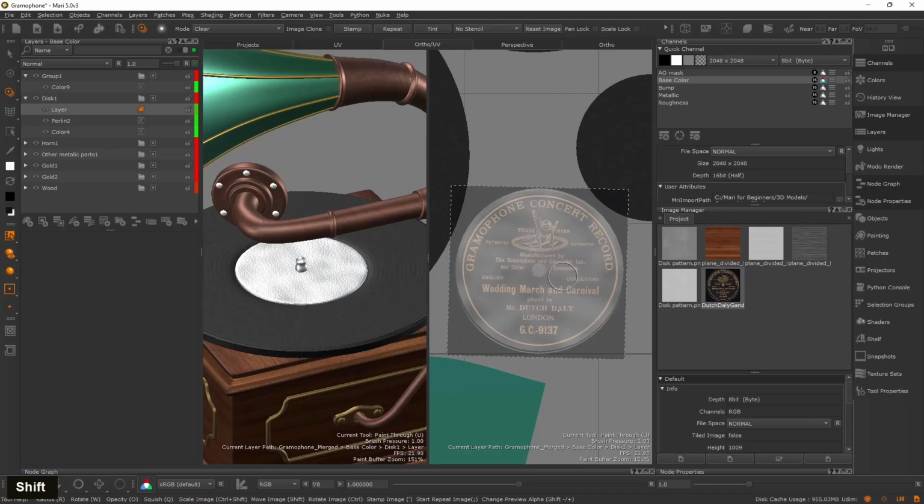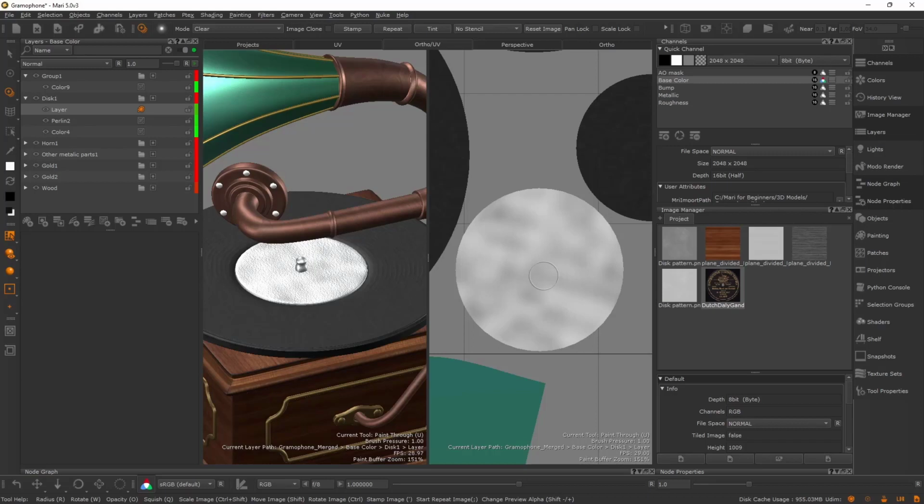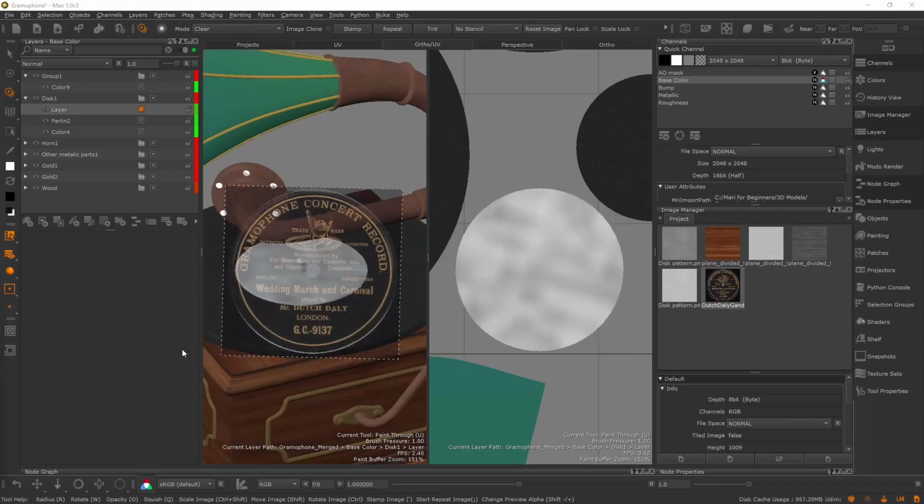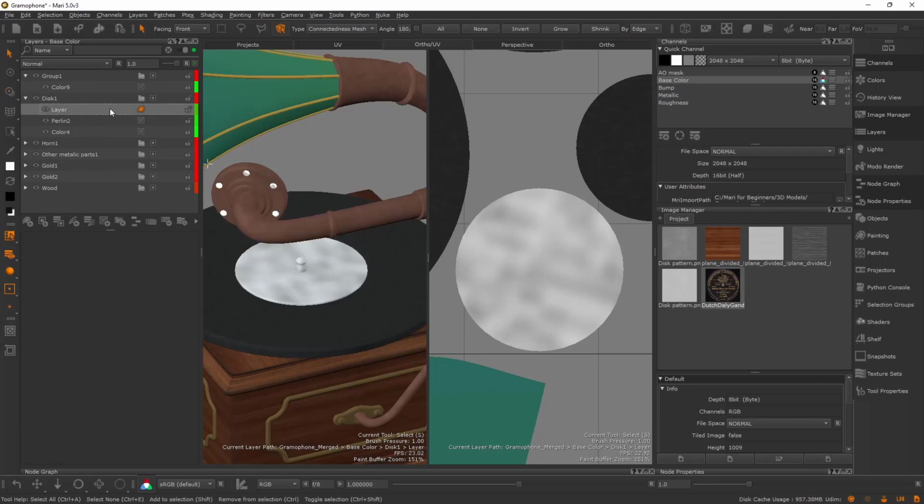Right, now let's hit paint, and why not, let me see. Oh, you know what, this layer mask is just only for the disk, so let's delete that